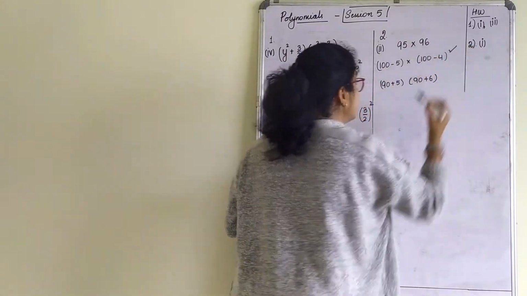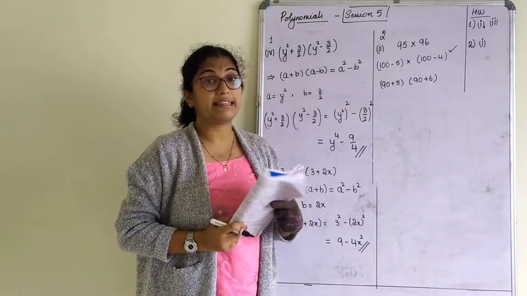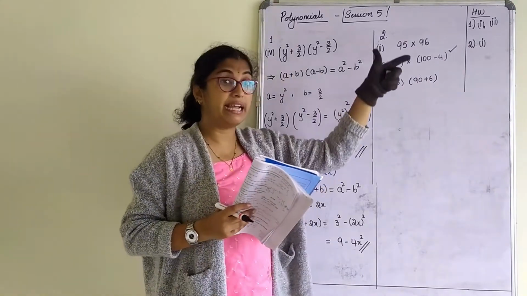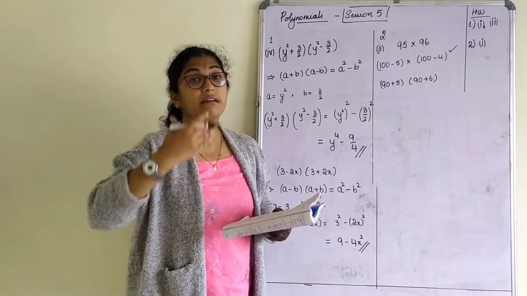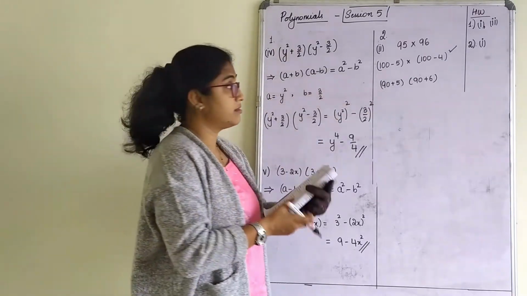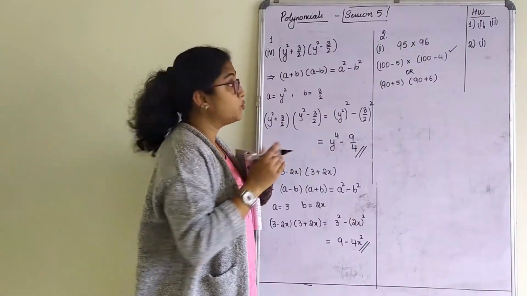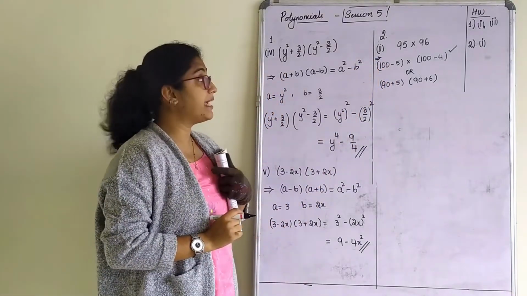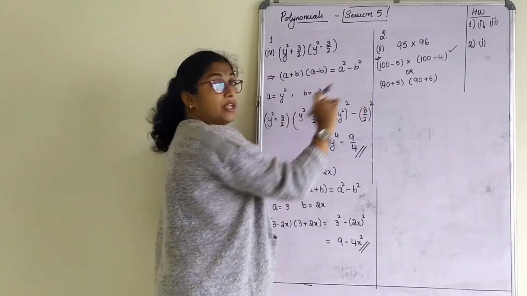But which is very easy to do here? Actually, this is quite easy. Tell me why? Because when we do 100 square, multiplying anything by 100 is only adding those zeros in front, right? But when we square 90, again multiplying something with 90, the answer will be the same, but a lengthier process. So you can do either of the two, but I am following this one. I will be using 100 minus 5 and 100 minus 4. You can try this with the other one also.